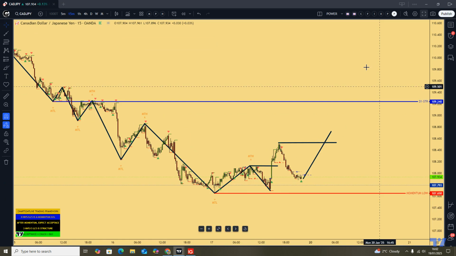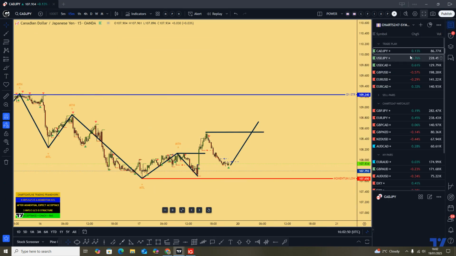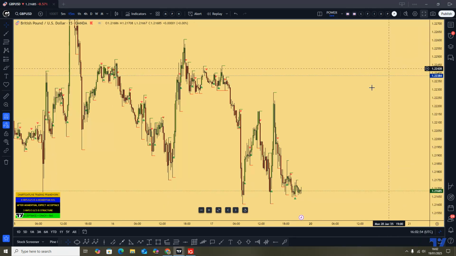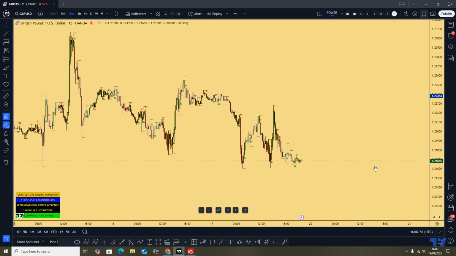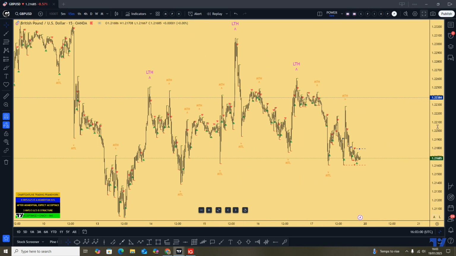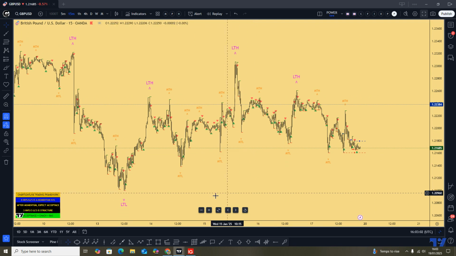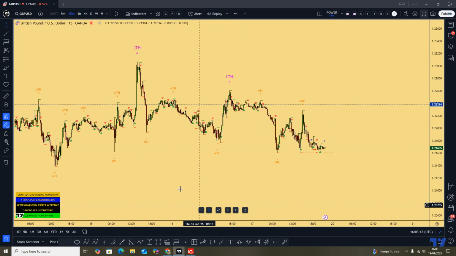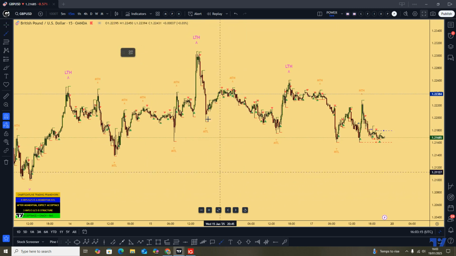Then the next one we're going to do is the pound US dollar. I haven't drawn the waves on this one. I might as well do it now. The pound, as we know on the portfolio selection we did, this is a bearish market, even though we have this potential uptrend here. But what we can see on this chart is this,